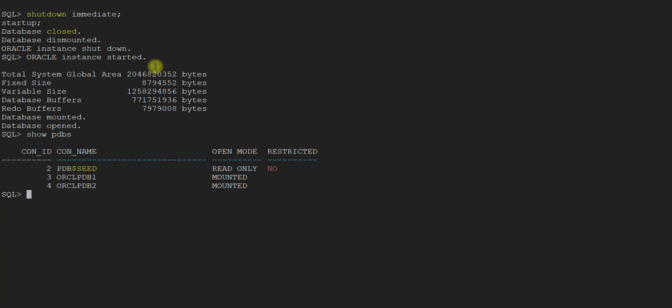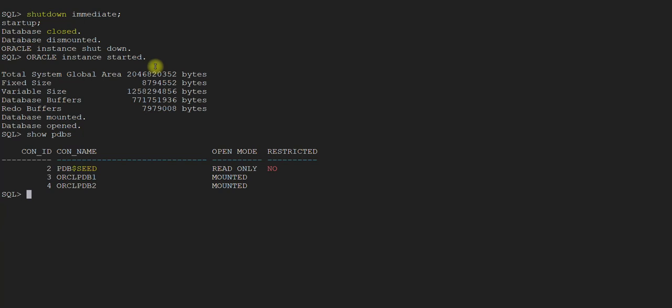Now what we need to do is make a setting, kind of save the state of these databases, to make sure that if the server goes down, or if the database has been brought down because the DBAs want to do some specific maintenance task and then start up the database, you want these PDBs to be started automatically. You don't want these to be in mounted state, with application users complaining about it.